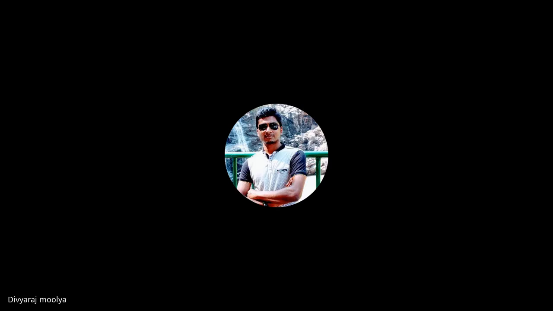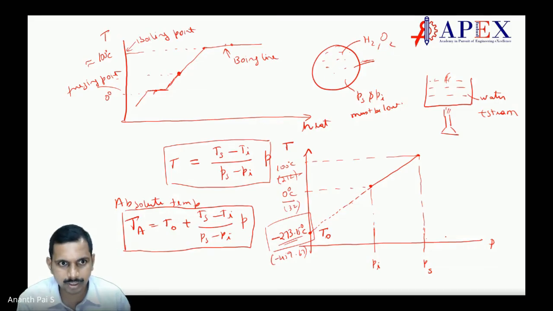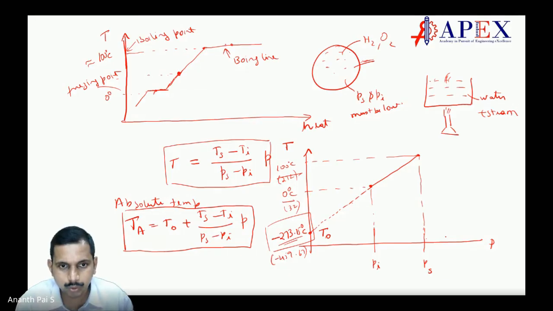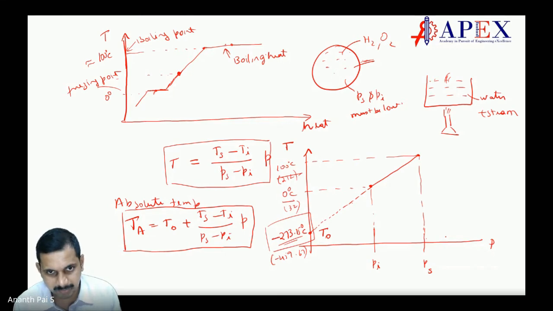Sir, could you explain that graph again, the top one? This one over here. This shows when you give constant heat here. This is not the boiling line, it is the boiling line. I'm sorry, boiling line. So here what is happening when you increase the heat? Let me explain this in the next slide.